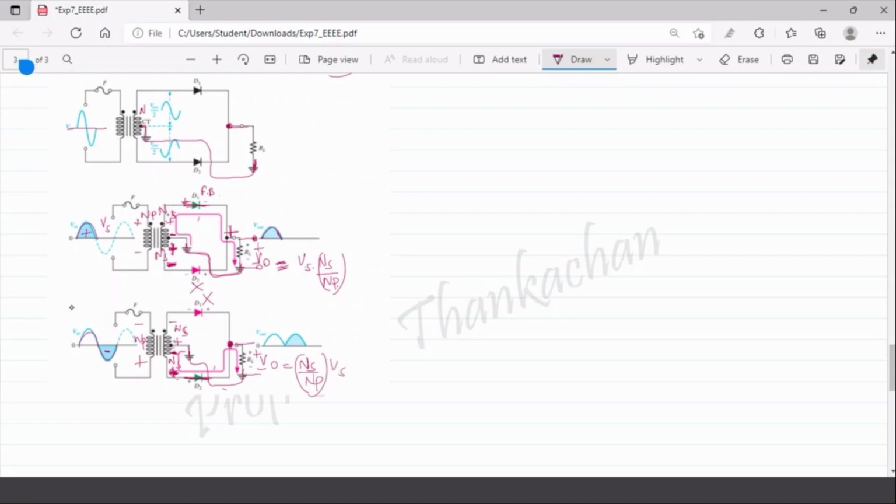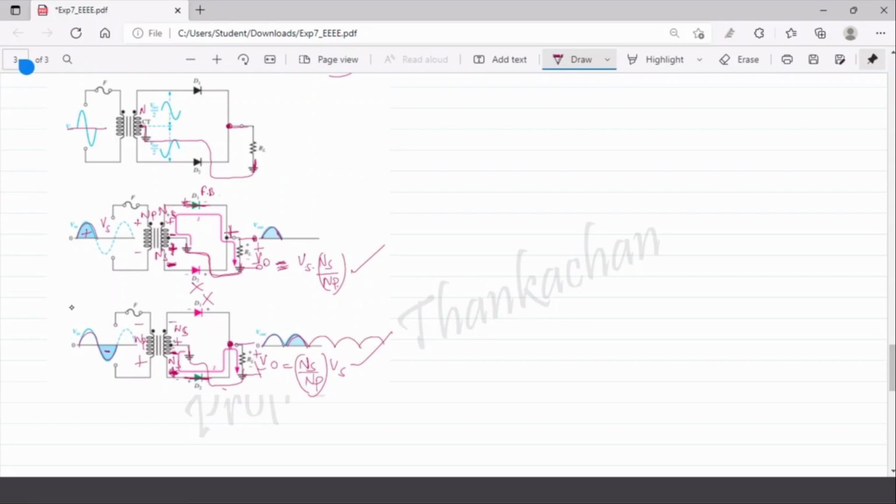So you can see that both for positive half as well as negative half, we are getting a positive voltage across the load by turning on diodes D1 and D2 in positive and negative halves respectively, leading to a voltage which is positive here. So positive half also positive voltage you are getting, negative half also positive voltage you are getting. The same thing happens again in the next cycle. So this type of a waveform you get repeated again and again.